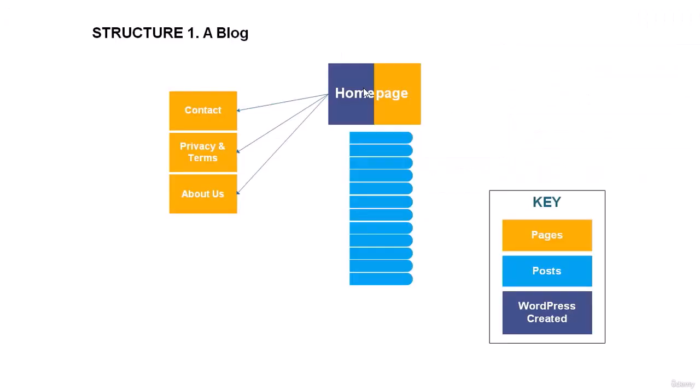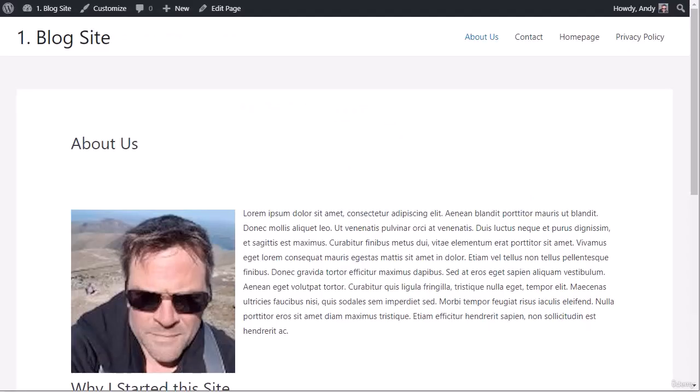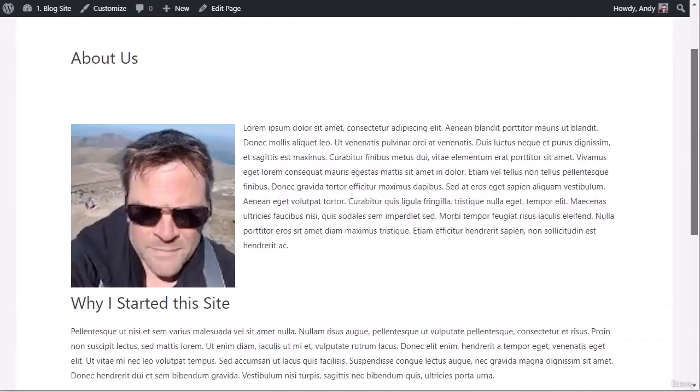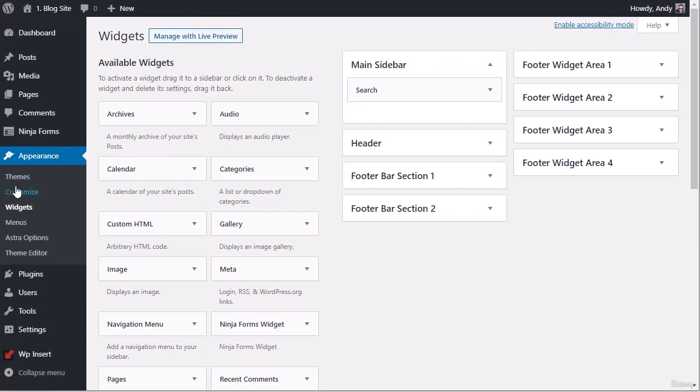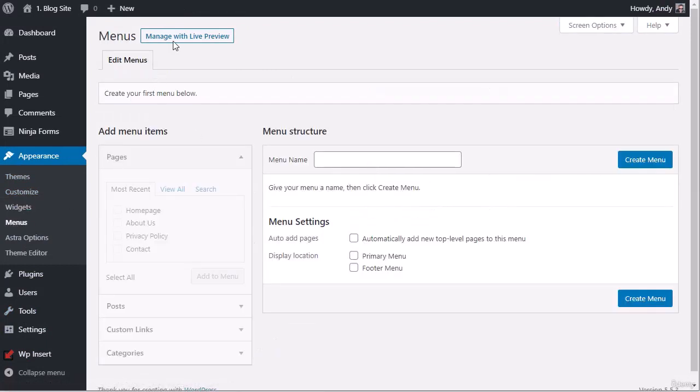So going back to the diagram then, we have the homepage set up as a blog. We've got the blog posts all going down the homepage. We just need links to the contact, privacy terms and about us. And if you have a look at the site, we have got that because WordPress created them for us. But you may not want them there, or you might want them in a different order. So we're going to go in and create a menu, appearance menu. And I'm going to type in a name,